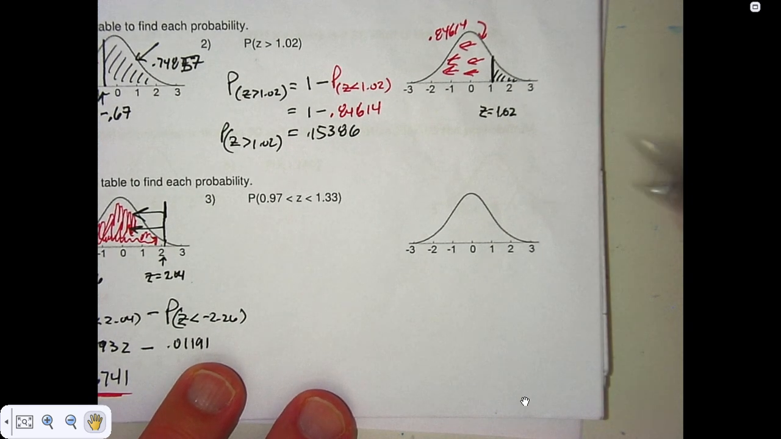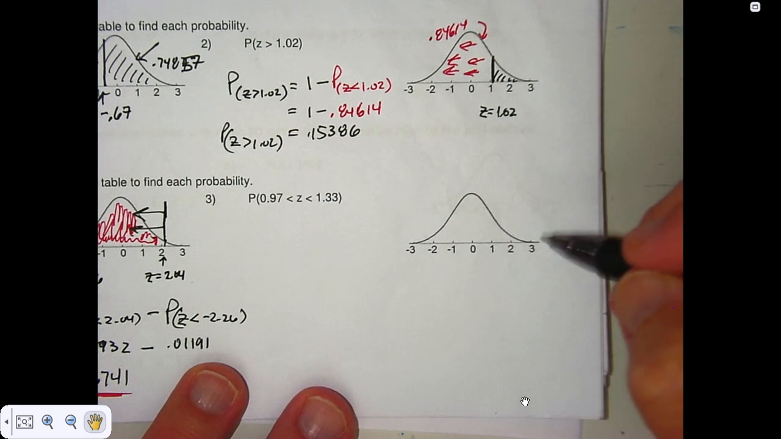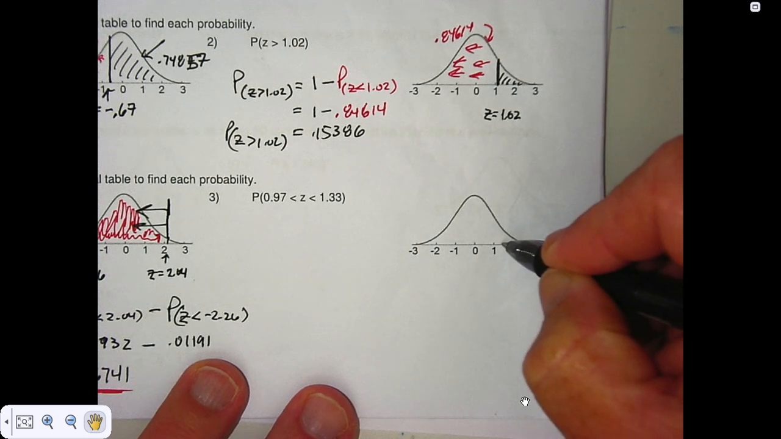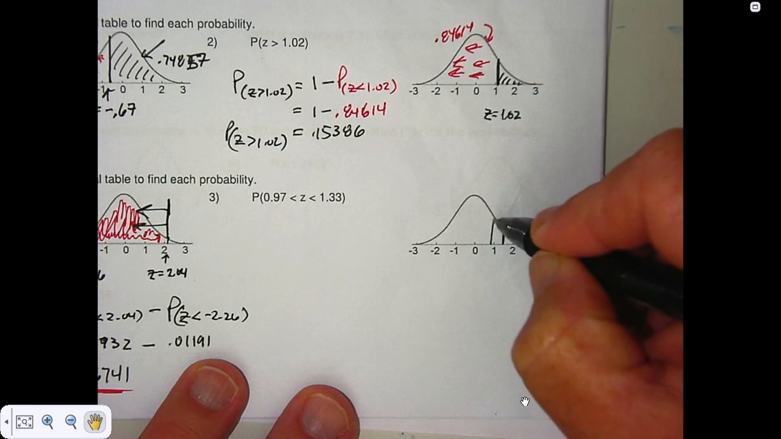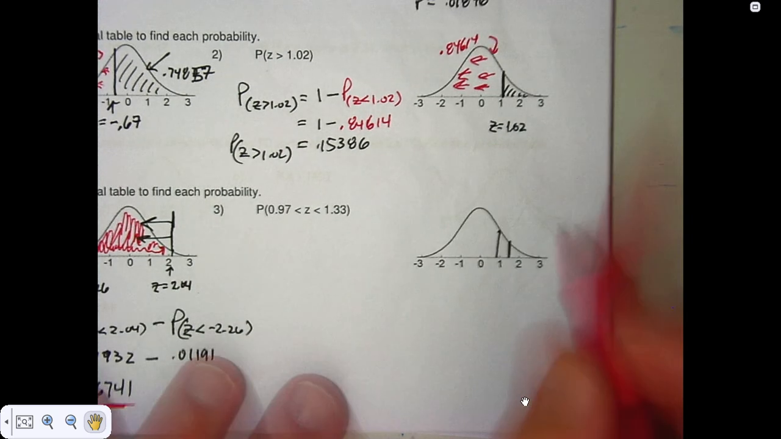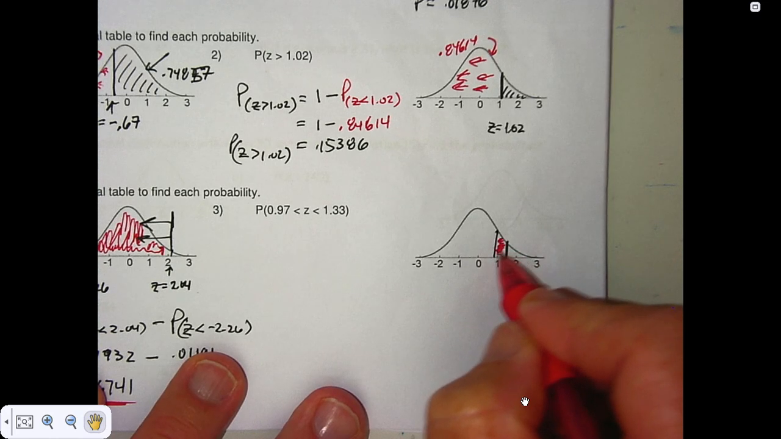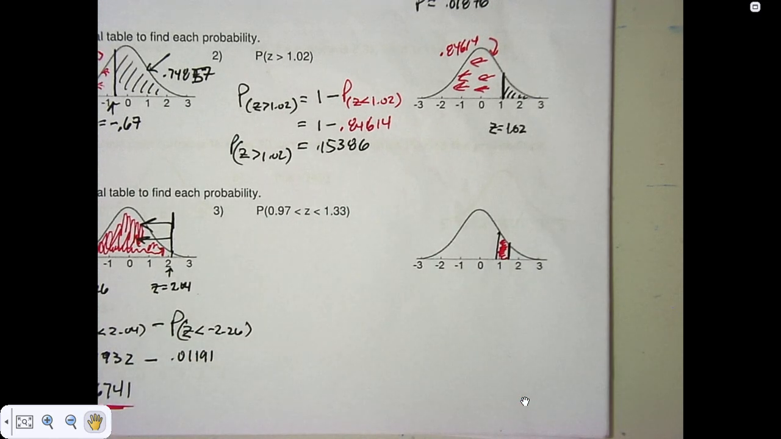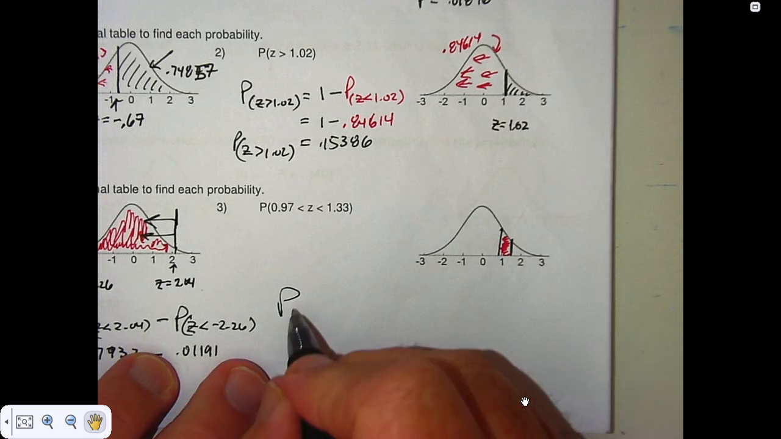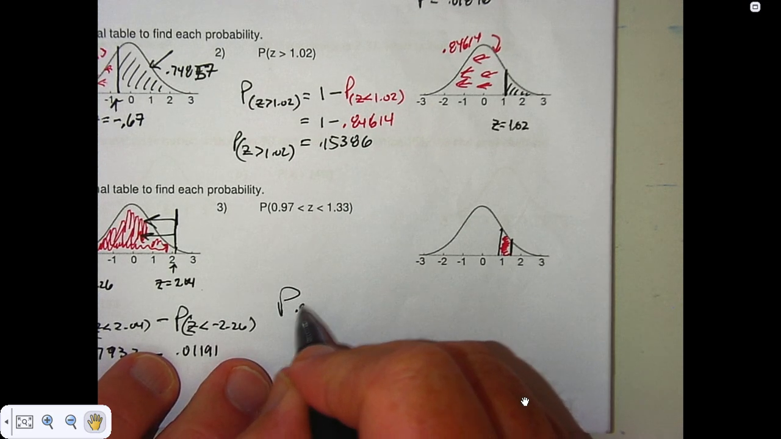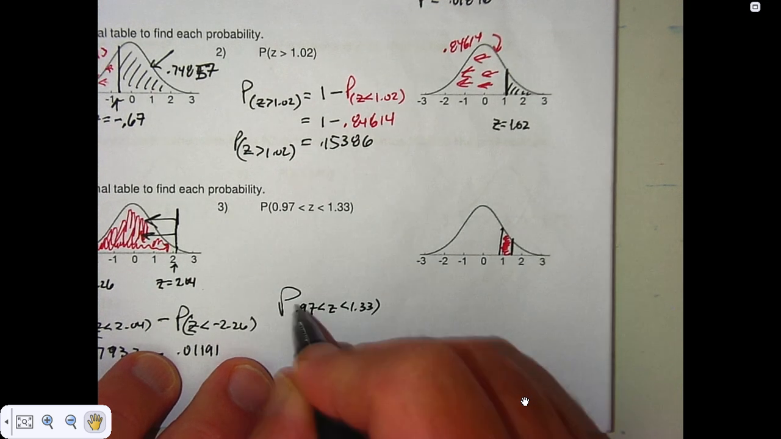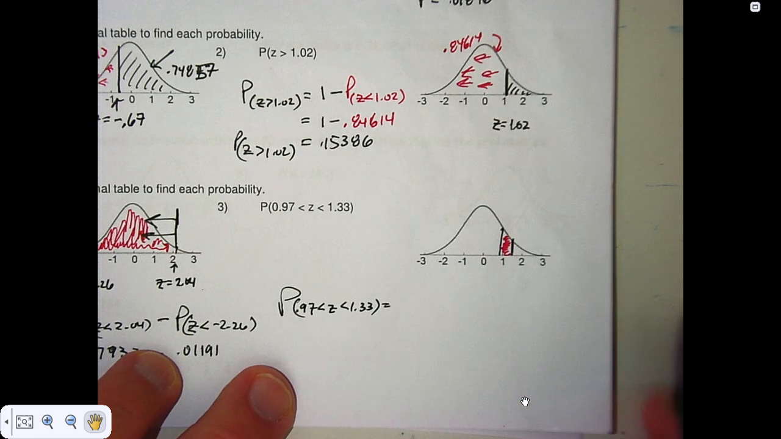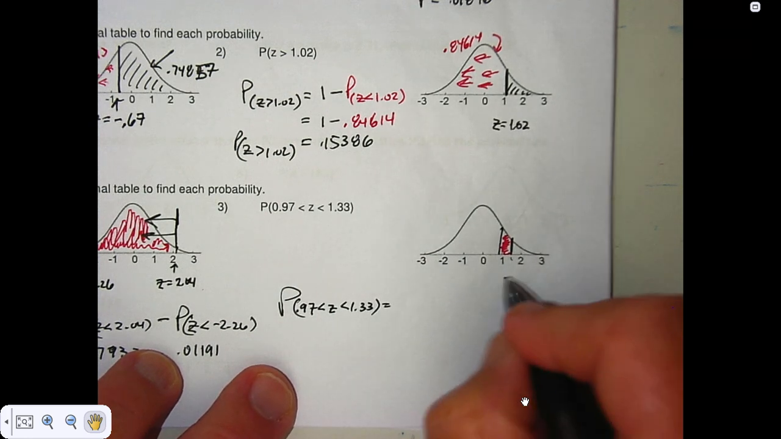Hopefully you've tried number 3. I'll do it kind of quickly here. 1.33 is right about here, and 0.97 is right about here. So we are only looking for the area between these two. So I'm going to take the probability that my z-score is just between those two values that are really close together. There'll be the probability of the farthest one, that's a z-score of